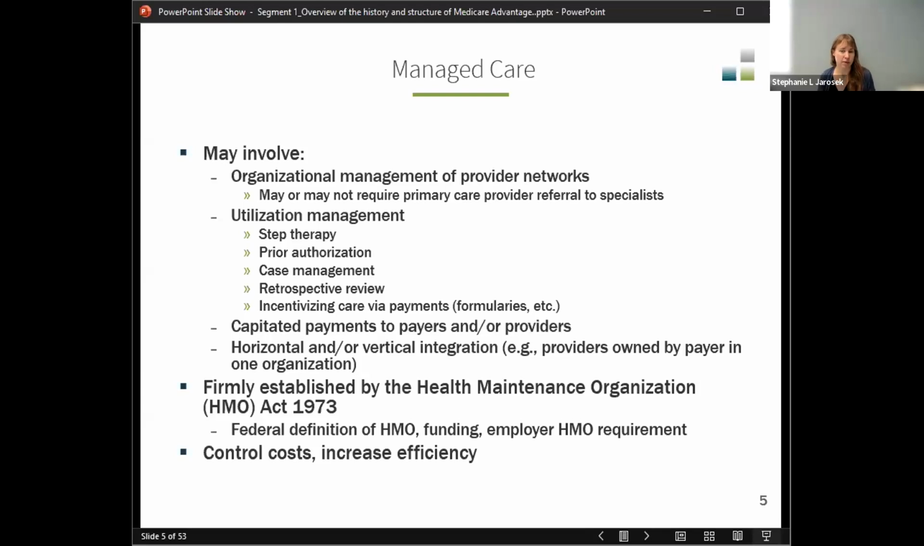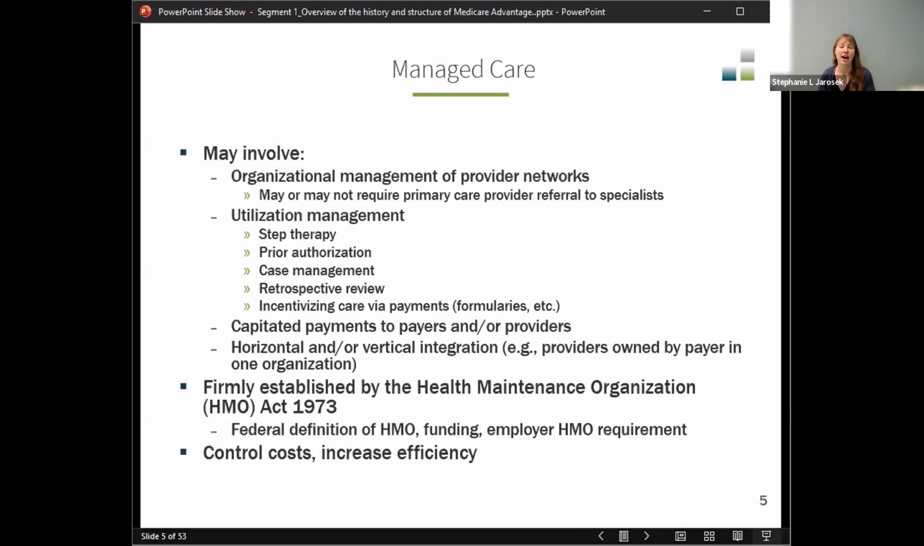But there is typically a provider network that is covered, and then going out of network will have different fees associated with it. Managed care also typically does some form of utilization management, whether that be step therapy, so requiring physical therapy and medication before having back surgery, rather than just jumping into back surgery, or prior authorization. So saying, before we cover this, you need to check with us and make sure that we agree that you